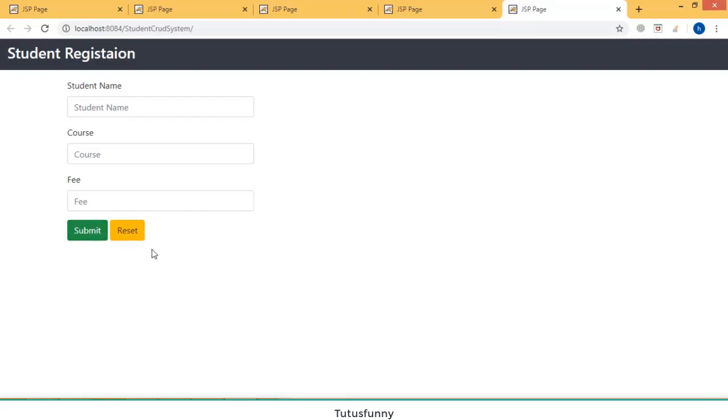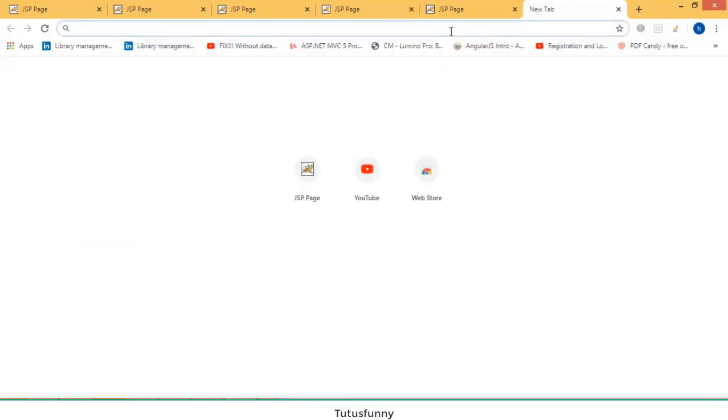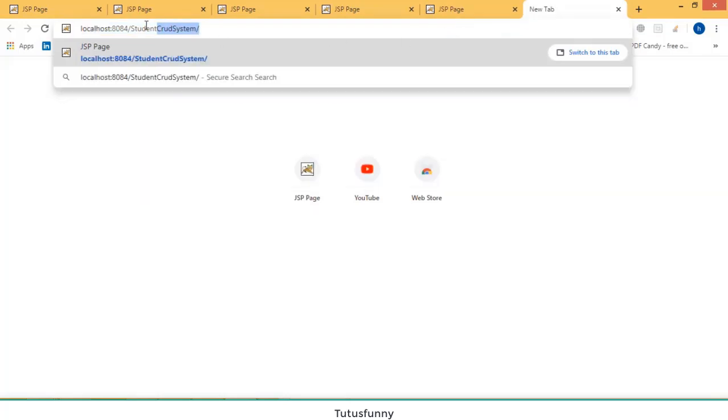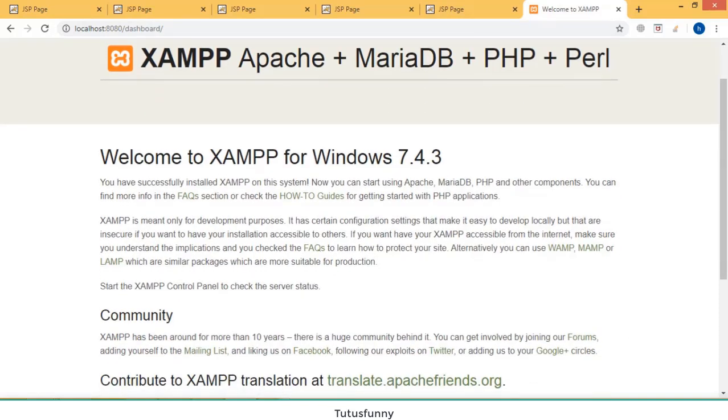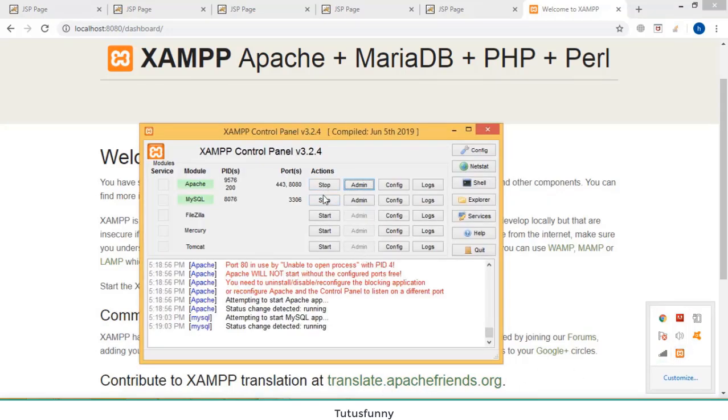Now let me see how to add the records into the database. So first I am going to create the database. So let's go to the localhost. Right, this is the SAM server. After installing the SAM server, you have to start the SAM server. Right, here you have to start the SAM server. Here I have already started. There will be a start button here, click start,